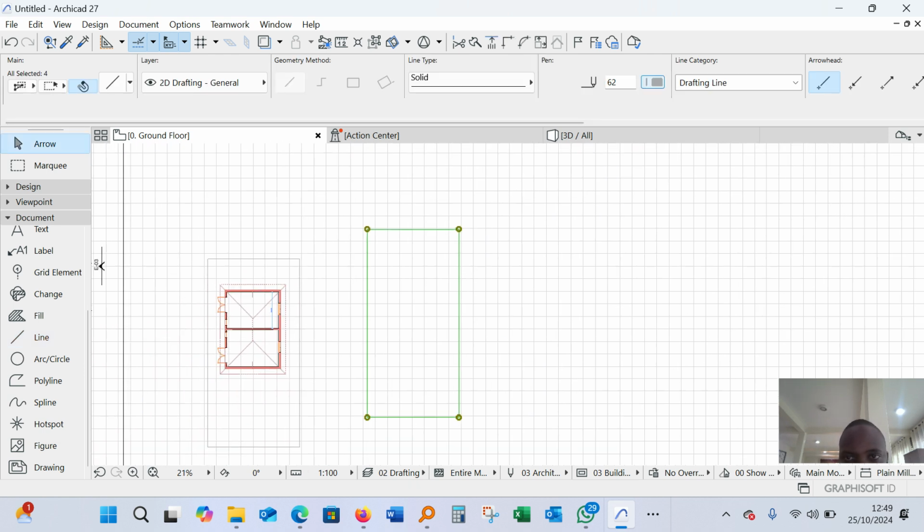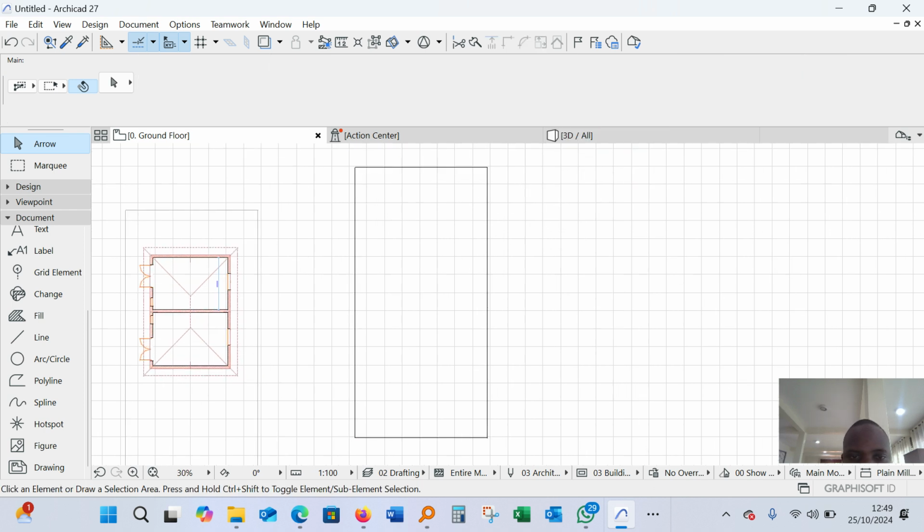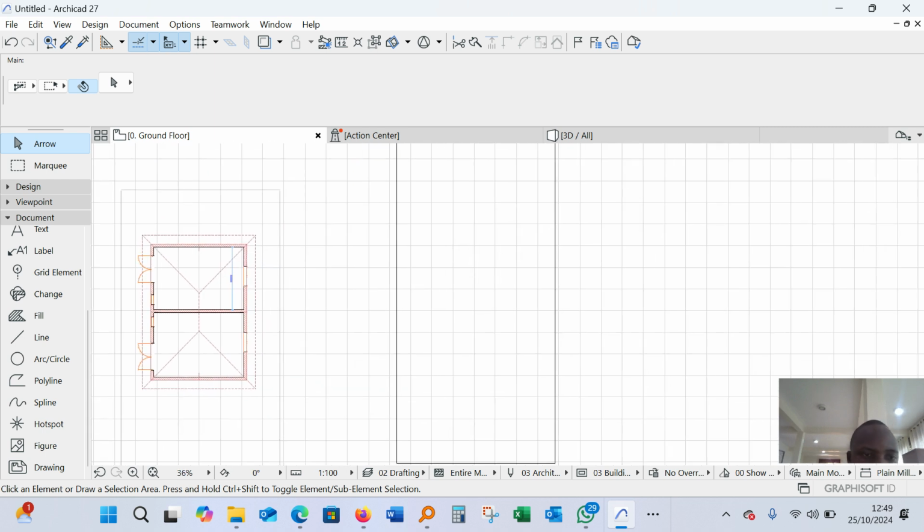So as you can see, this is the size of our plot where we placed our design. So how you can generate this building is basically go to our main